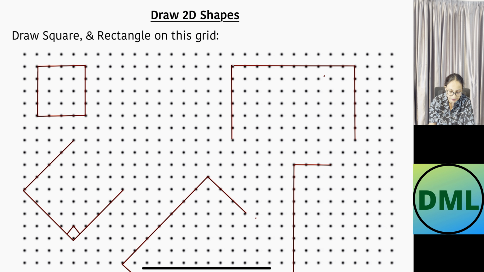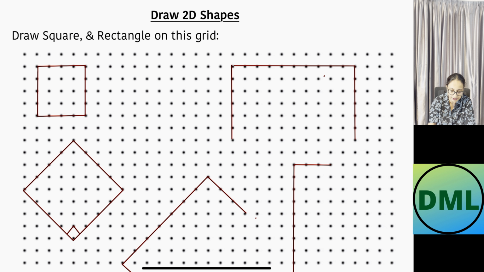You can draw a square while doing the slanting also. I have taken 1, 2, 3, 4 units again in the slant way. I have to go 1, 2, 3, 4 units again in the slant way. These two lines are at 90-degree angle. Again, I have to go right 1, 2, 3, 4 units. I need to join this with this one to make the square. Let's join that. This will be your square of 4 units again.